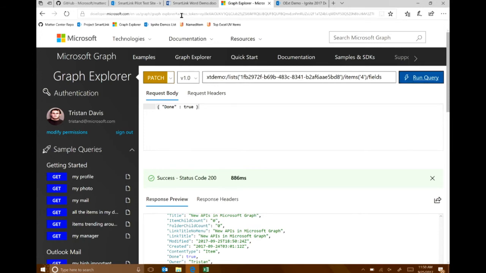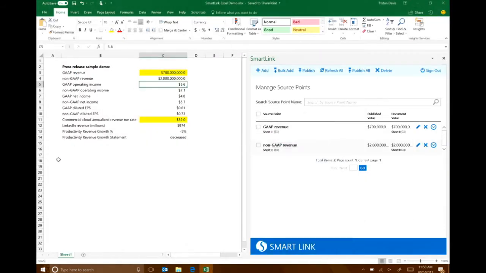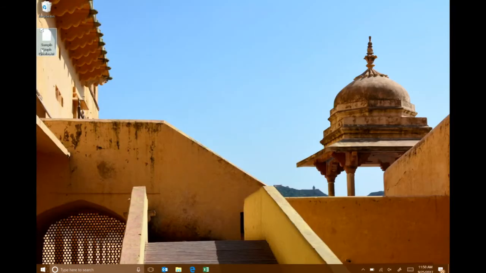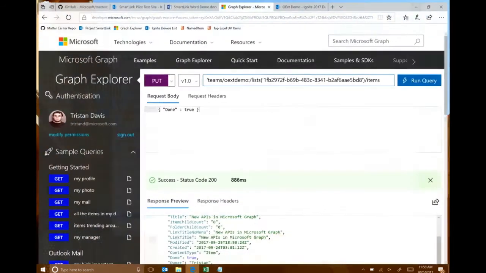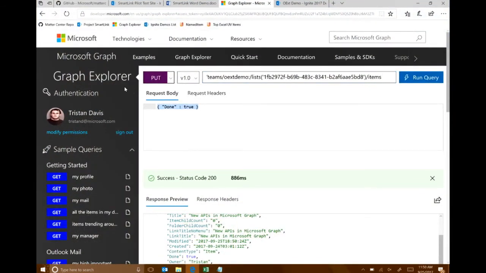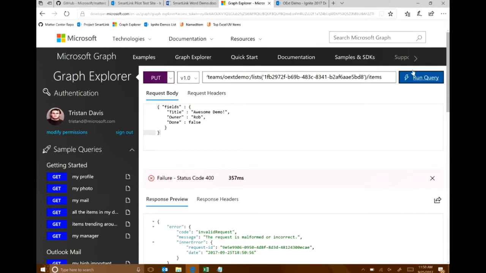I could even go and say, I actually want to add a whole new item from scratch. So instead of patching a specific item, I'll go create a new one, and I'll go grab some samples so you don't have to watch me do much more typing. I'll go create a new item whose title is Awesome Demo, because Rob's going to give an awesome demo. I don't know if he knows that yet. It's going to be great. And it's not done. And again, we'll go and run that query. And what that'll do